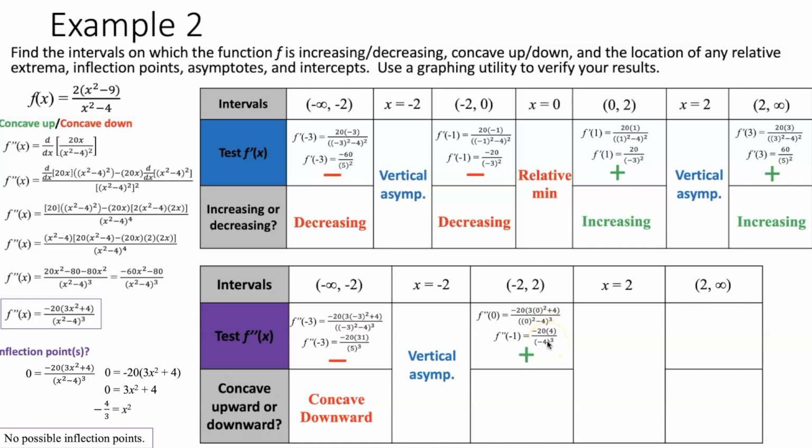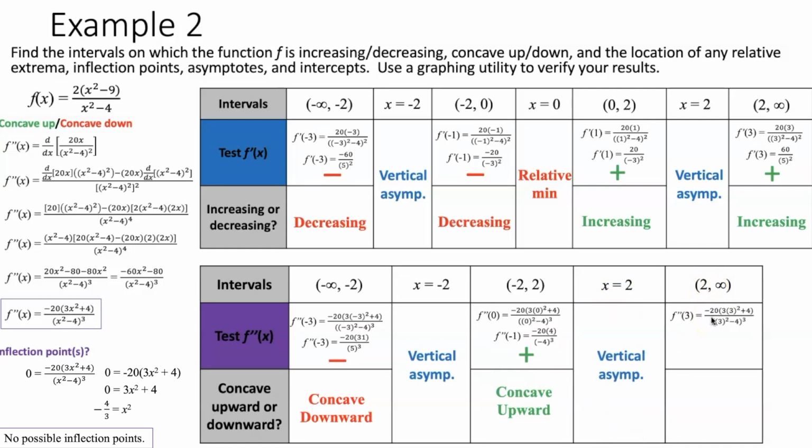That makes it positive, meaning the second derivative of this function on this given interval is positive, meaning that f prime of this function on this given interval is increasing, meaning that this function on this given interval is concave upward. At x equals 2, we have our second vertical asymptote, and then we pick a test x value on